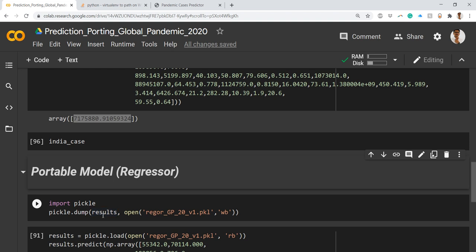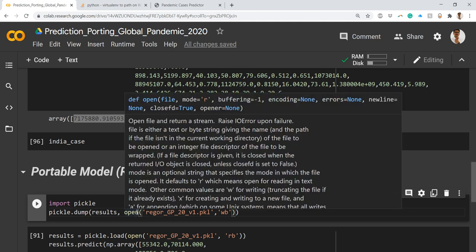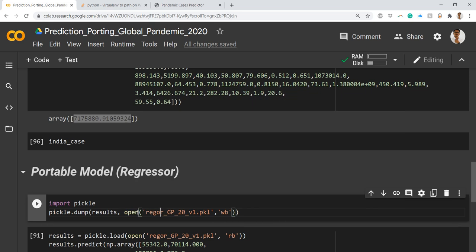So results contain the model, or when we did the fit, that is model.fit. That is everything contained in our results. And what you see here is the name of my pickle file. I first do it in an open way. First you have to open that file, and then you have to do some changes before dumping. This is how you call open, and inside that you give the name of your pickle file. You can give any name you want.